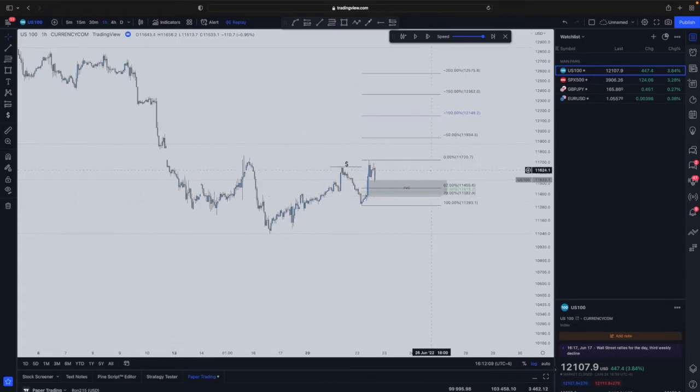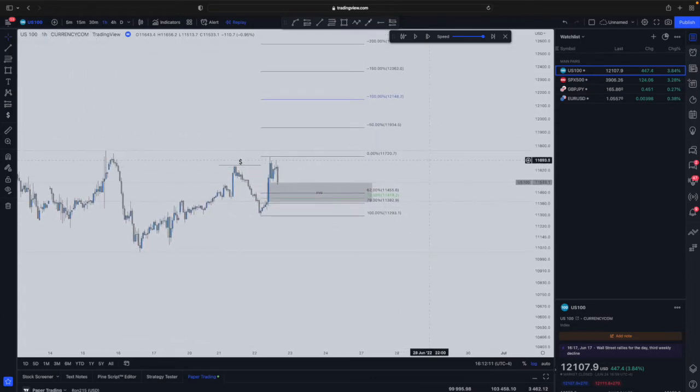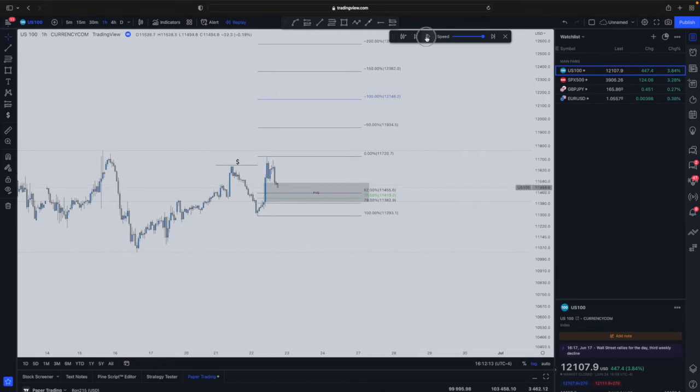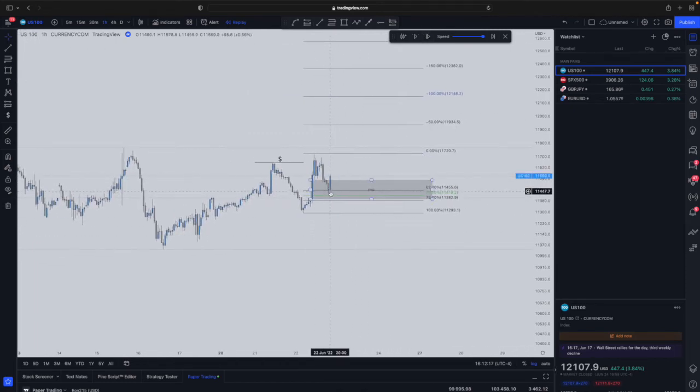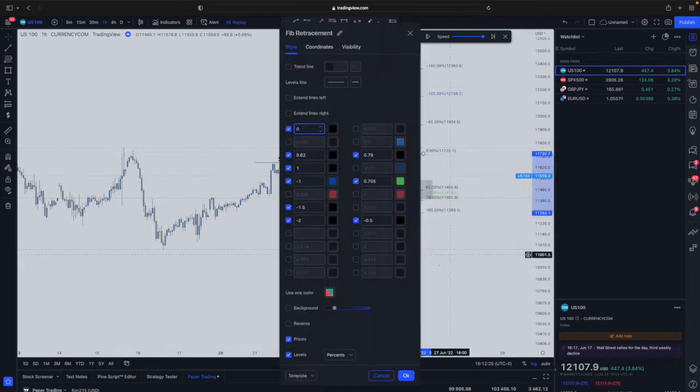Okay. So now what we're going to do is press play. And we see that price not only hit the optimal trade entry, but it's also deeper past the 50%. And we can see that price is officially inside of our discount. What I'm going to do is add on